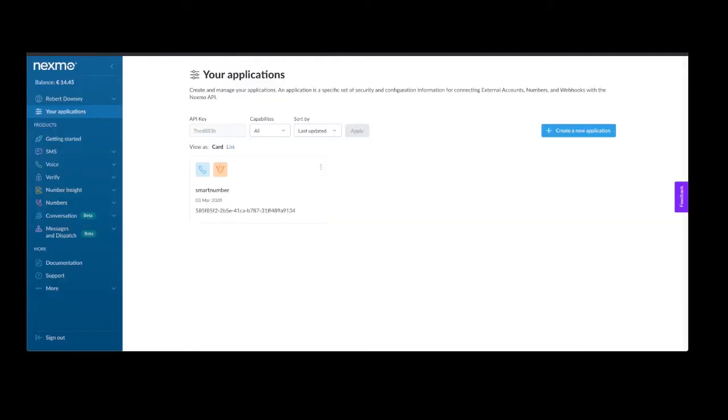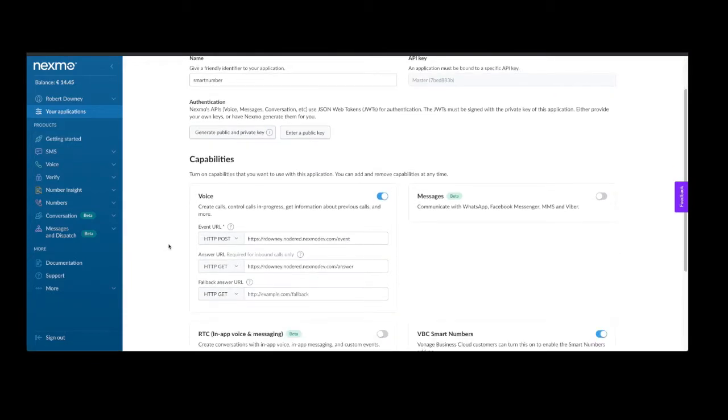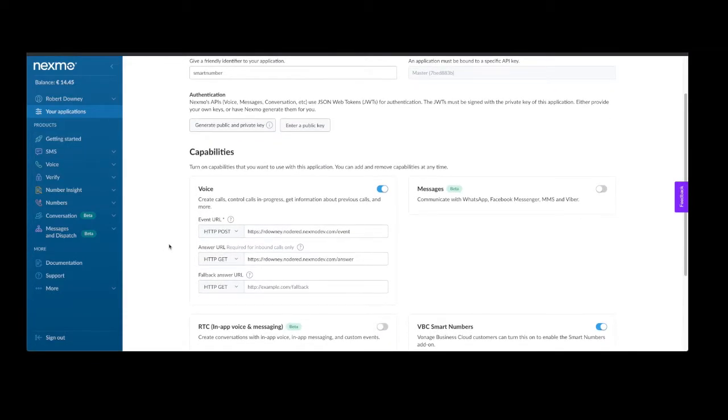Inside of the Nexmo system, you can see I have my smart number application set up, and when I click on edit, I'm provided with all the information that I need as far as my event URL post, which is my listener, and my get command, which is the answer on how it processes that API information to present back to the end user. Again, you can go into the Nexmo system and sign up for a free account at any time and be provided with the documentation on the full list of APIs and their capabilities.